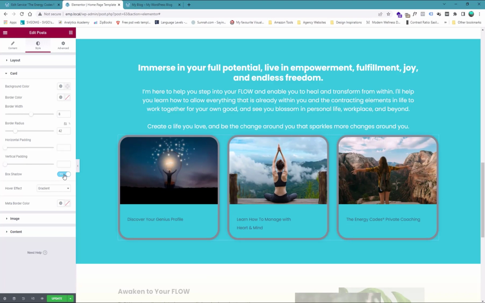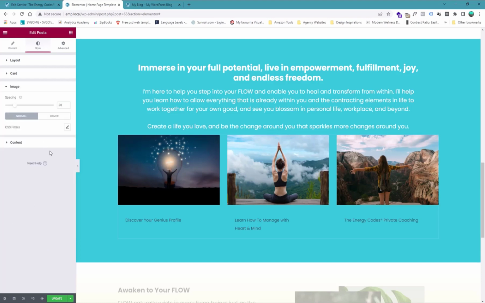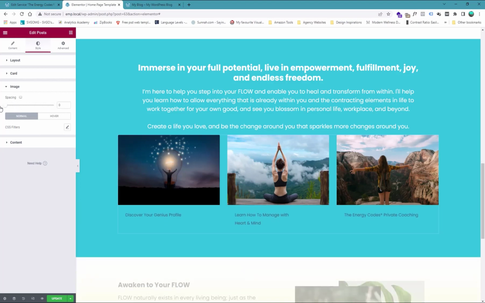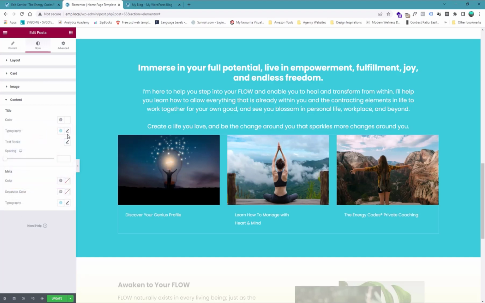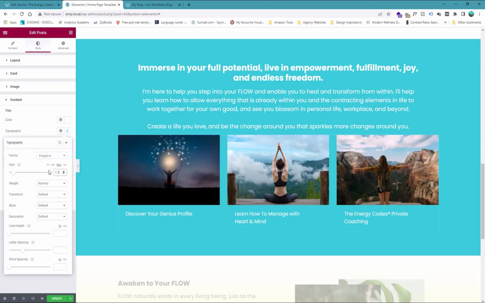Do we want drop shadow or no? For our design, we don't want drop shadow. We don't want border as well. We don't want any border radius as well. Then we have image, and we can increase or decrease space between image and the content. Then in the content tab we can change the color and set typography. Let's make it 1.2 and font weight to be bold. And